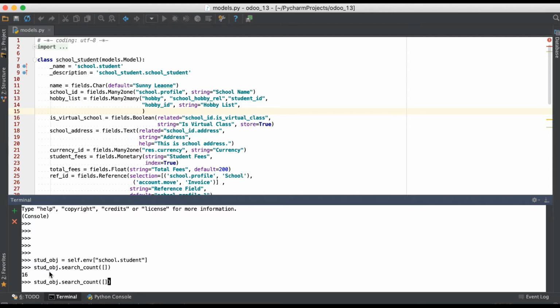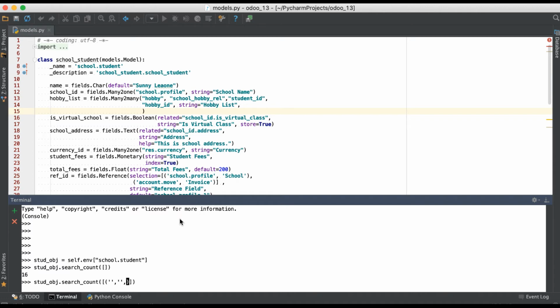If you remember the last discussion about the search method, over there we discussed how to use the where condition. The same thing applies here: we have to use a list, and then a tuple. In the tuple we have to use 3 parameters. The first parameter is the column name which exists in this student profile, then the operator, like equal to, greater than, less than, greater than or equal to, less than or equal to, not equal to, then in, not in, like. Such operators go in the second position, and the third position is the value.